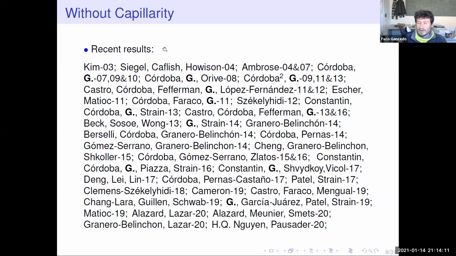recent results. This is about the problem I just told you. I'm not considering capillarity here. Later I'm going to show you the capillarity result, the problem I already described. So you can see, looking at this slide very quickly, that a lot of people show up. I've been several years without giving a talk about Muskat, and then I realized that a lot of people have very interesting results I have to add to my slides. So very nice.